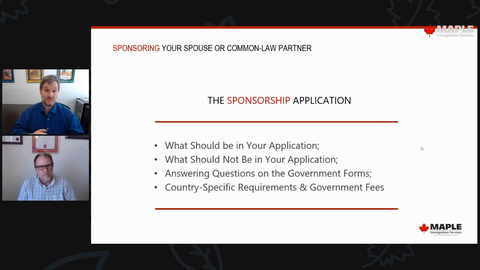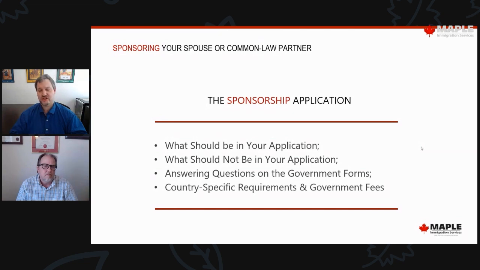This was conveyed in the application, and it raised a lot of red flags. And in reality, they thought nothing of it because they were being transparent with the government. However, we got a call, and it wasn't an application that we were representing. It was somebody that they were doing their own, and they called and asked, oh, what about this? So, we straightened it out. I'm happy to say that they're here and they're landed and they're on with their lives, but it got a little dodgy there for a little while.